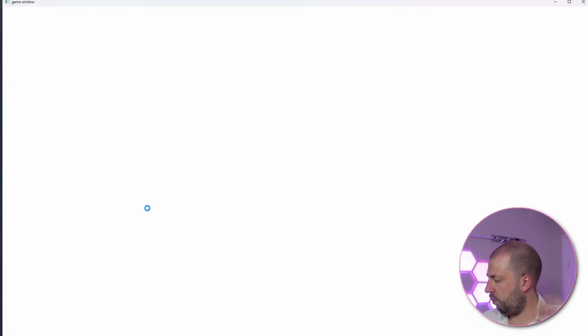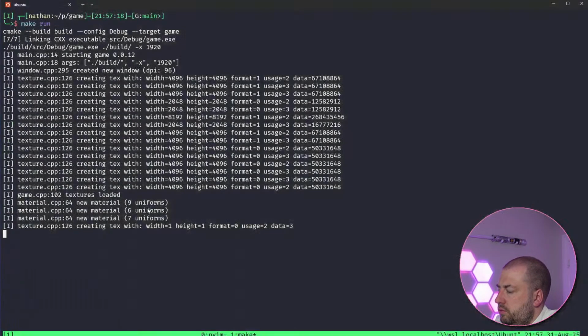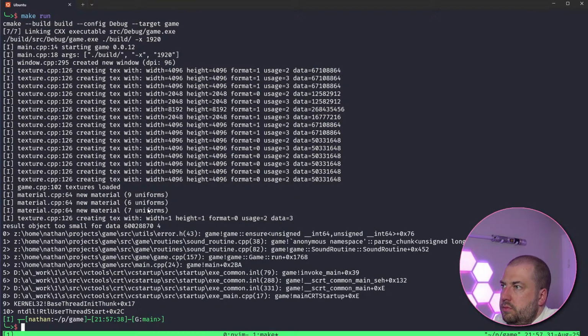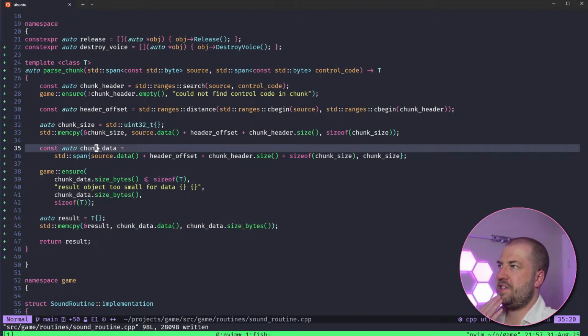It'd be interesting to know why. Oh, that's a bit of an offset. That's a bit of an error. Why is my chunk data so really massive?